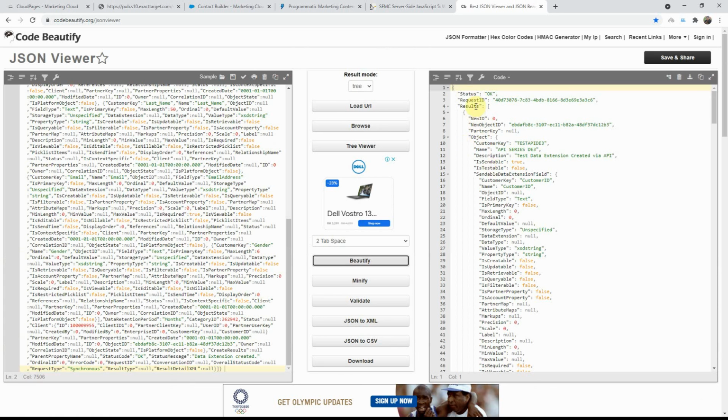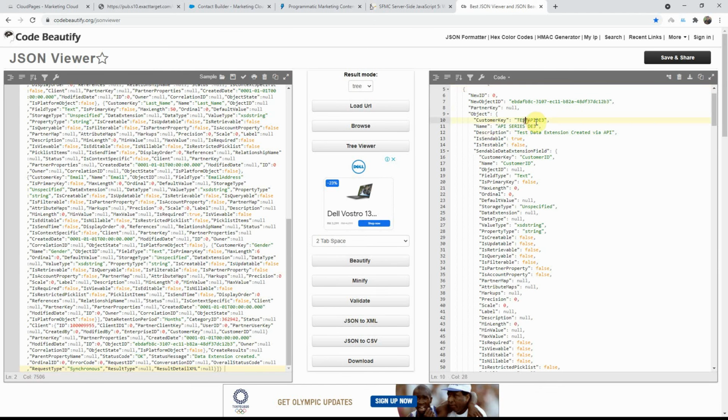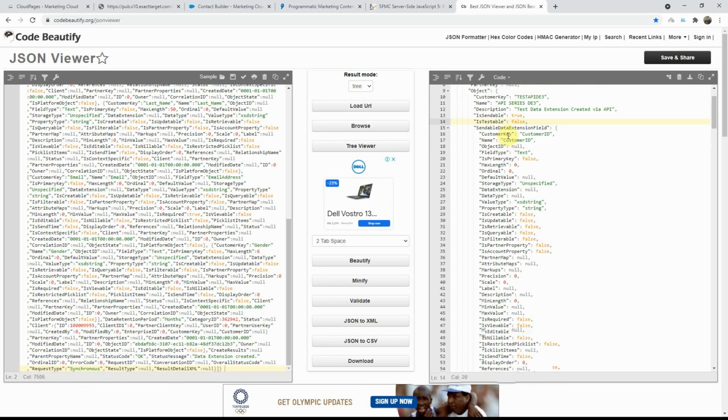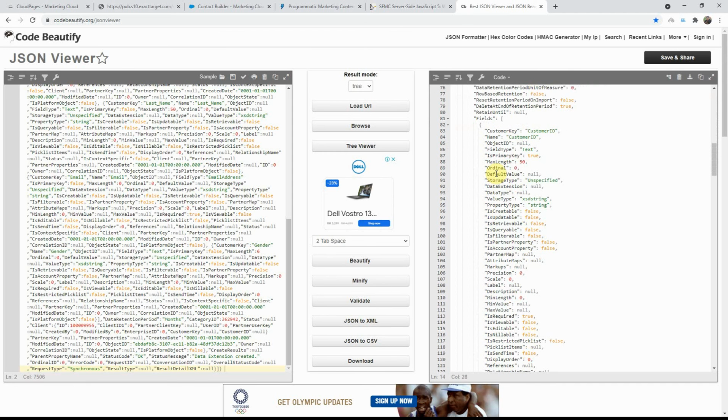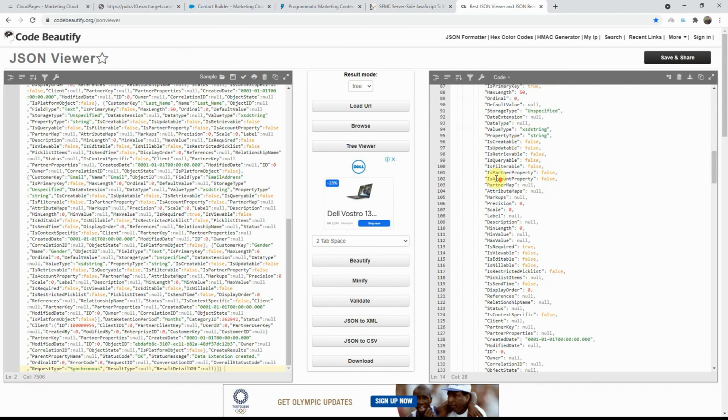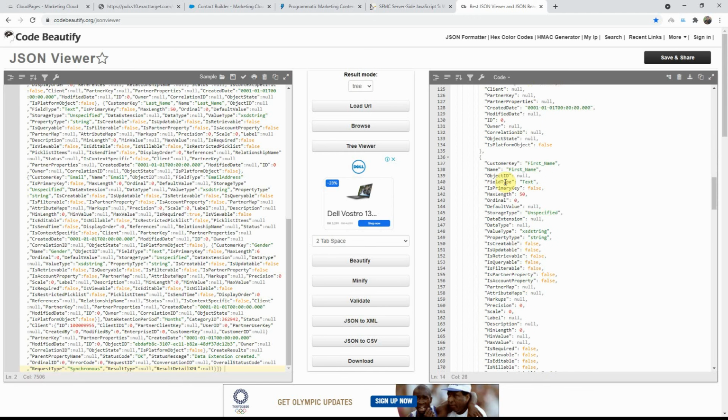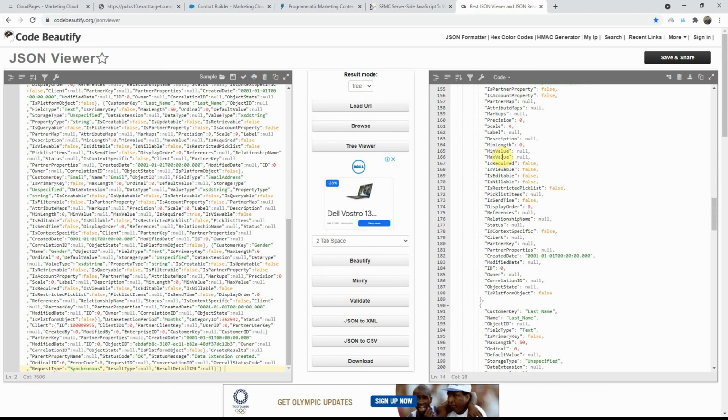So as you can see here, the status is okay. This is the request ID, and then these are the various results. So it shows you the object that was created, the test API DE3, the name is API series DE3, the description, all the different values that we had given are definitely included. But this is also a great way to see what other possible properties you can set, if required. So if it's supported, then you will see that. If next time you want to see, okay, can I set these properties also for some of these objects, you can refer to this. So that's the great beauty of getting a response like this and storing it for future reference.